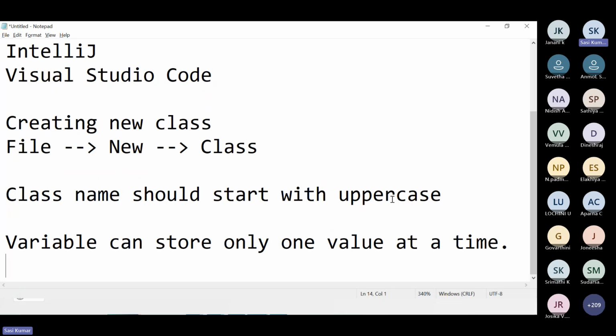The previous value is erased and the newer value is stored. So this is the disadvantage of a variable. Say for example, you want to store multiple values of the same data type, or multiple data types.